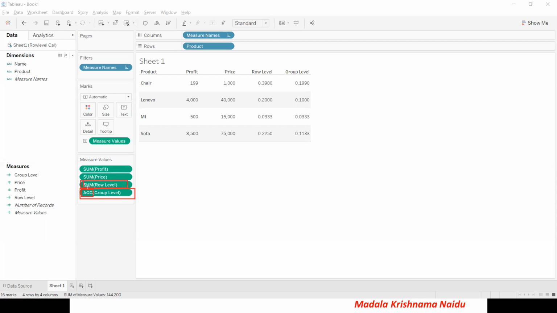Whenever you see SUM, it may be row level or different. Now if I do sum here, you can see it is aggregating at the Tableau level based on the dimensions which you are using. So this is how row level calculations and aggregate level calculations work.